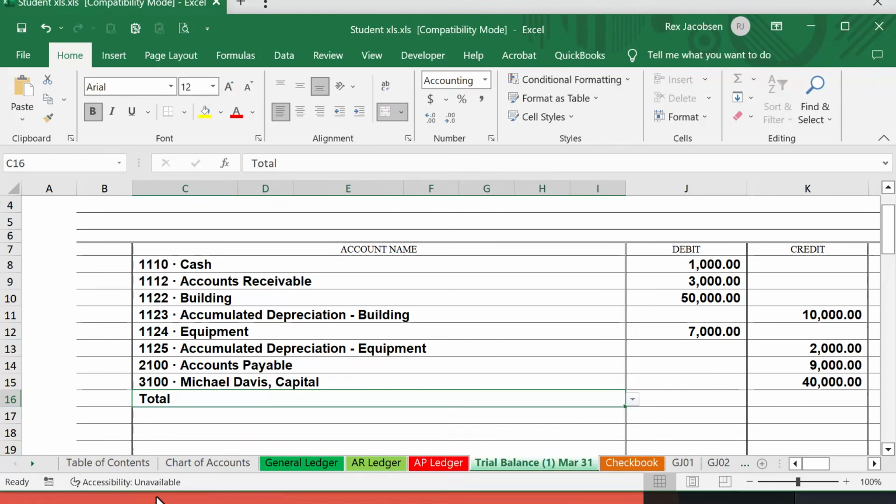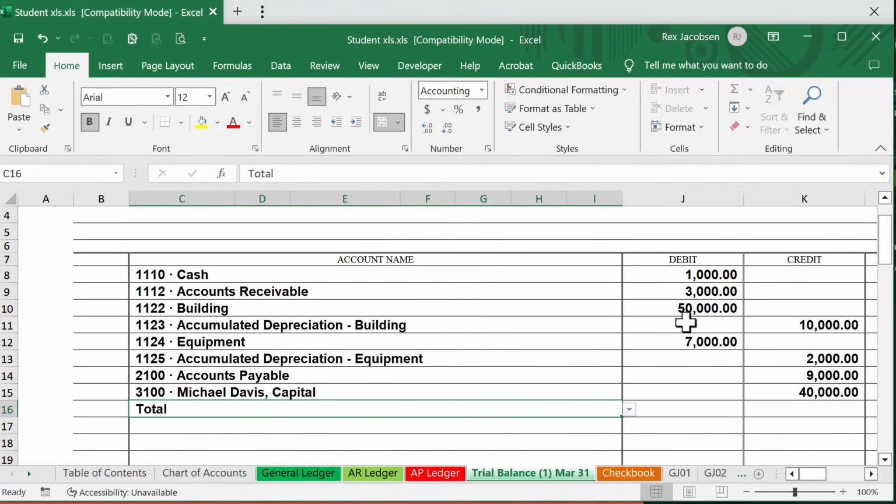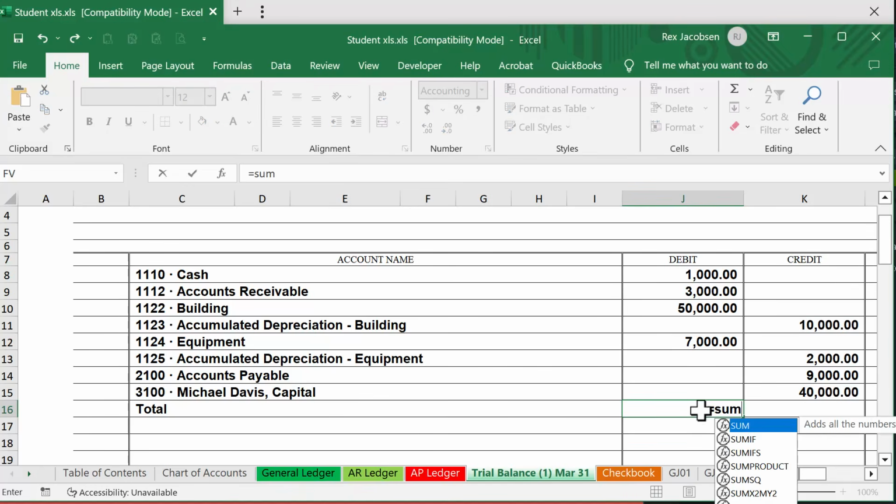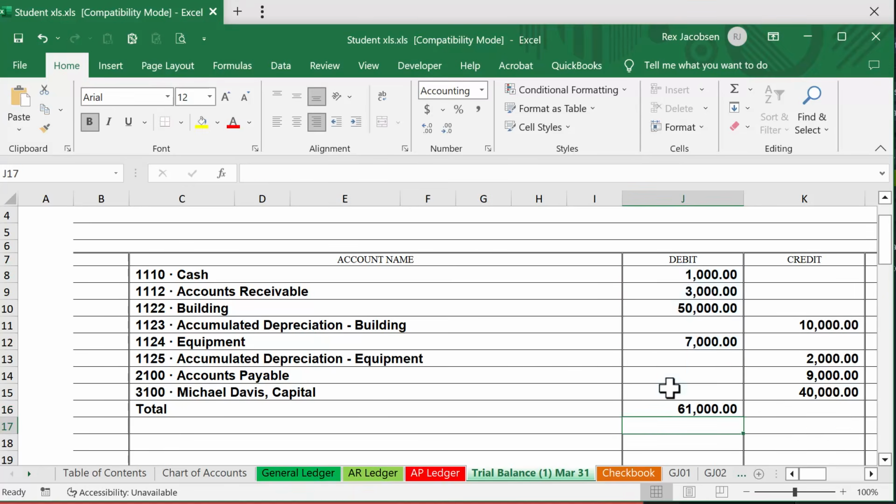There's total. We put the total label. I'm going to readjust this window. And then for total debits, you're just going to hit equals sum, open parentheses, click on the top account, drag all the way down, let go, close parentheses, hit enter, and there you have 61,000